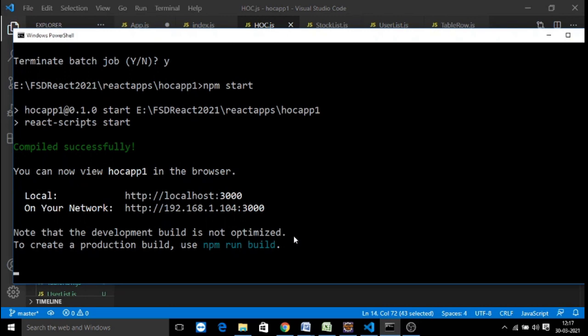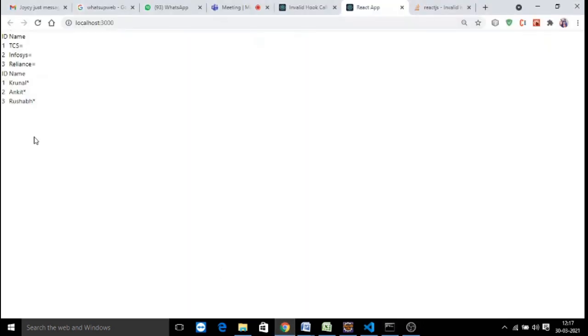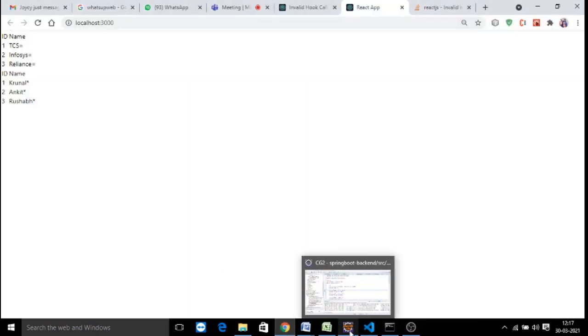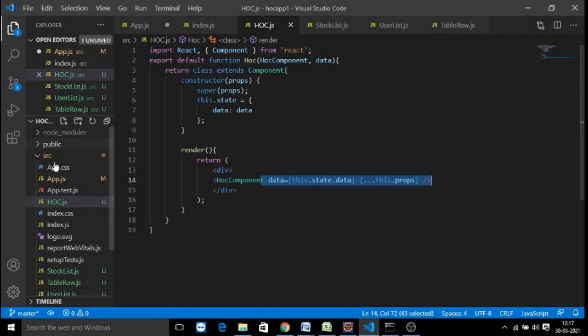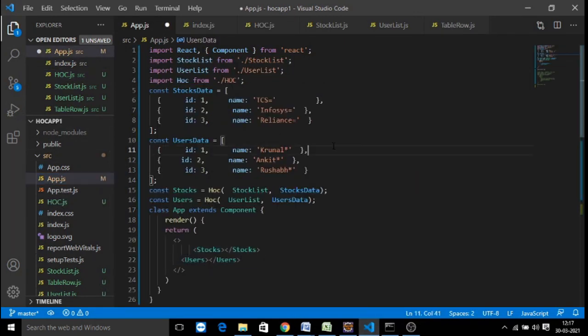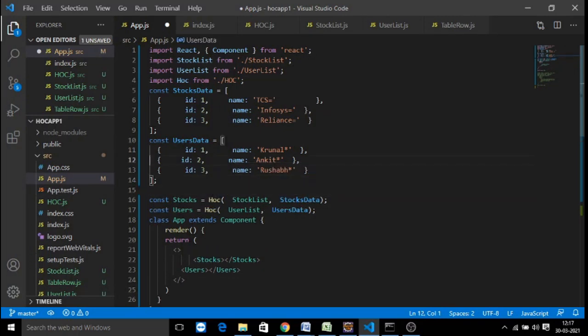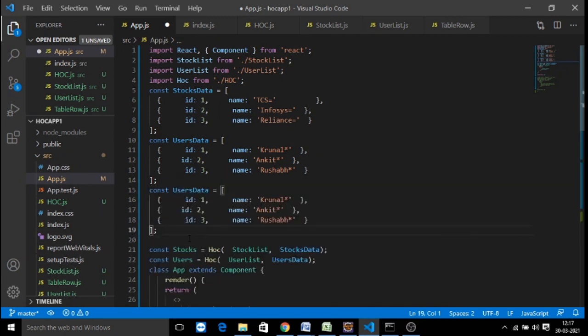Now we are running that application and we are able to see the data. Let's say I wanted to send some product data here, or else customer data.